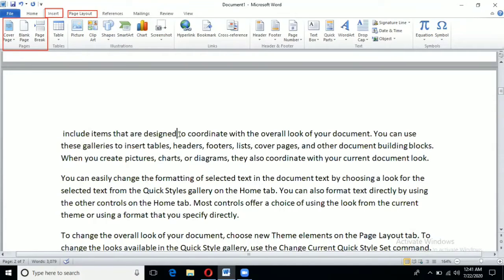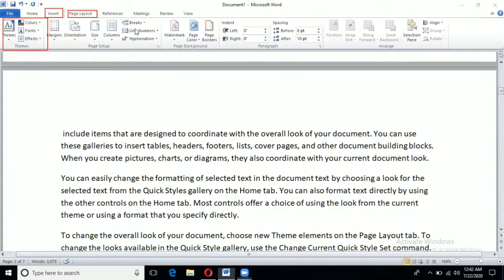For example, after this word, I want a page break. So firstly, I will put the cursor. Then I will go to the Page Layout tab. In the Page Layout tab, you can find the Page Setup group.